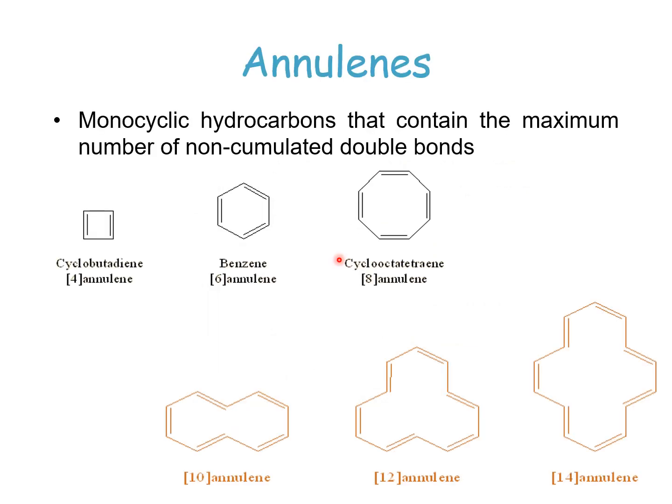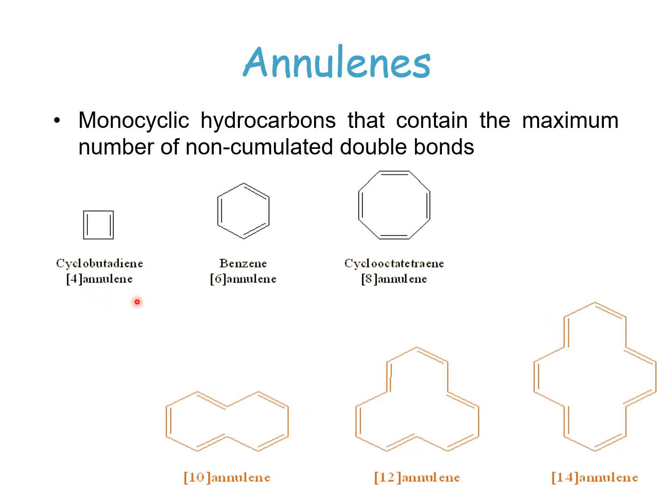Let's look at the annulenes. Annulenes are nothing but monocyclic hydrocarbons that contain the maximum number of non-cumulated double bonds. Non-cumulated means conjugated, where double bonds alternate with single bonds. If you look at cyclobutadiene, because it contains 2 pi bonds, so there are 4 pi electrons, it is called